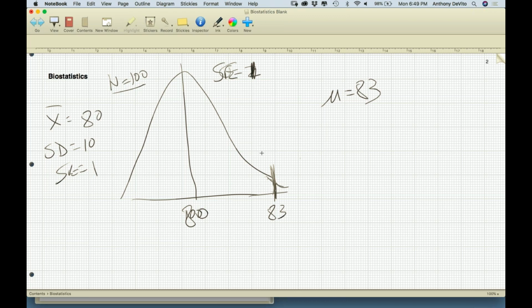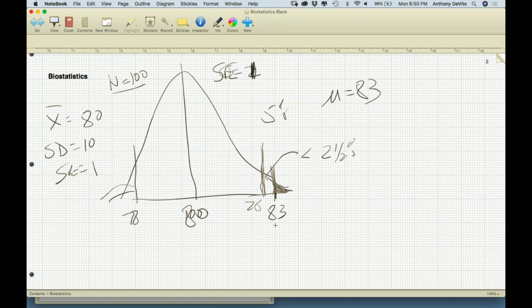What's the probability? Well, we know that our confidence interval was between 78 and 82. So the probability that we would get that extreme a value is certainly less than 2.5% on the high end. Or a lower probability of getting a sample mean that's greater than 82 and less than 78 together would be 5%, because 95% of the time we get a value in between those. Well, let's see what the probability is that we get that extreme a value. So how much is left in that tail at the end there above 83? What's the likelihood we get that extreme a value?